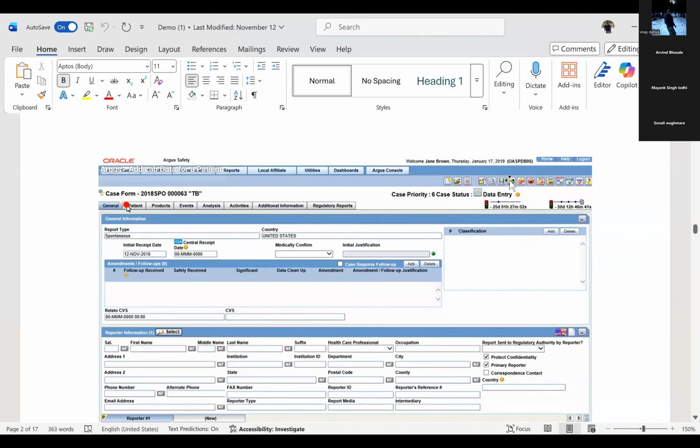There are different workflows defined within safety databases, from booking to triage to data entry, quality review, medical review, and regulatory submissions. The name of the workflows varies from database to database, but they have similar functionality or requirements. Once routing the case to the next workflow, the triage information needs to be entered, where we enter additional information related to the case,